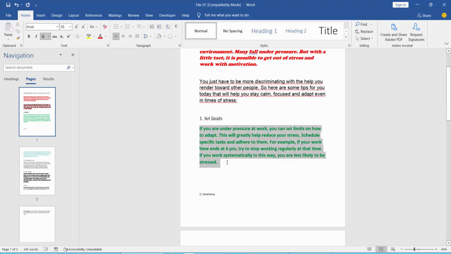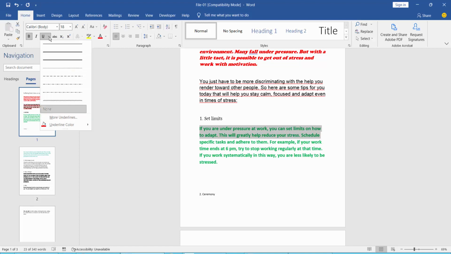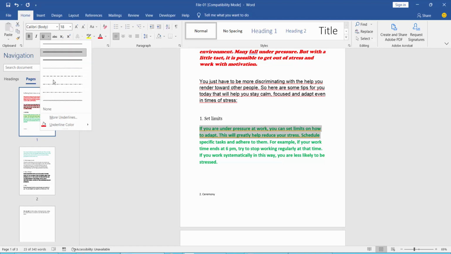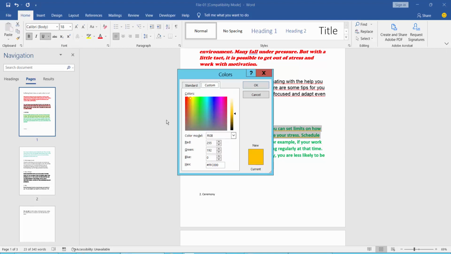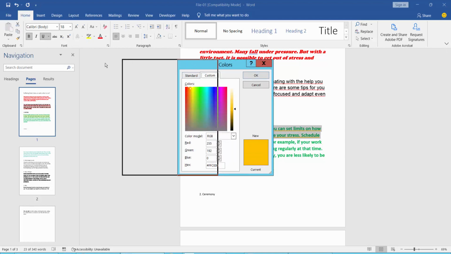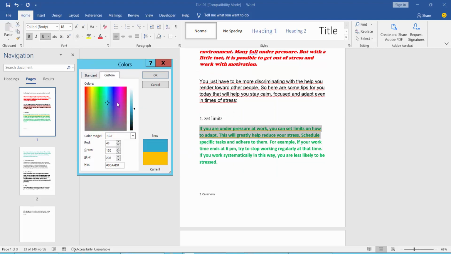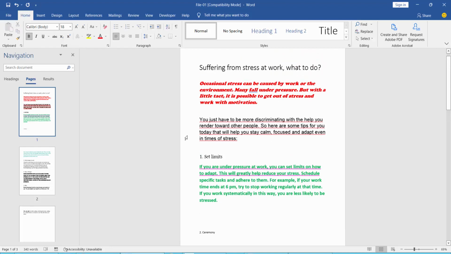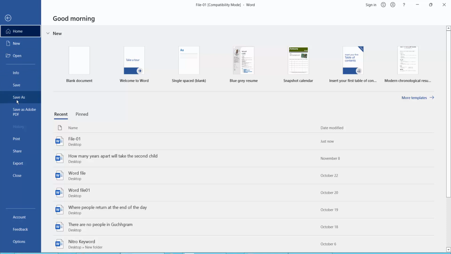Select underline text area and choose here this double underline, and choose underline color, more color, this color. Underline already applied, and finally click file option, save as your